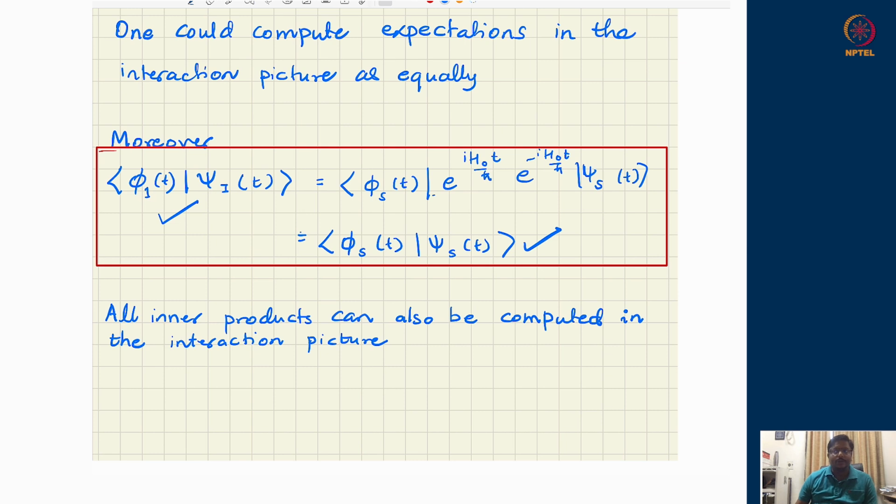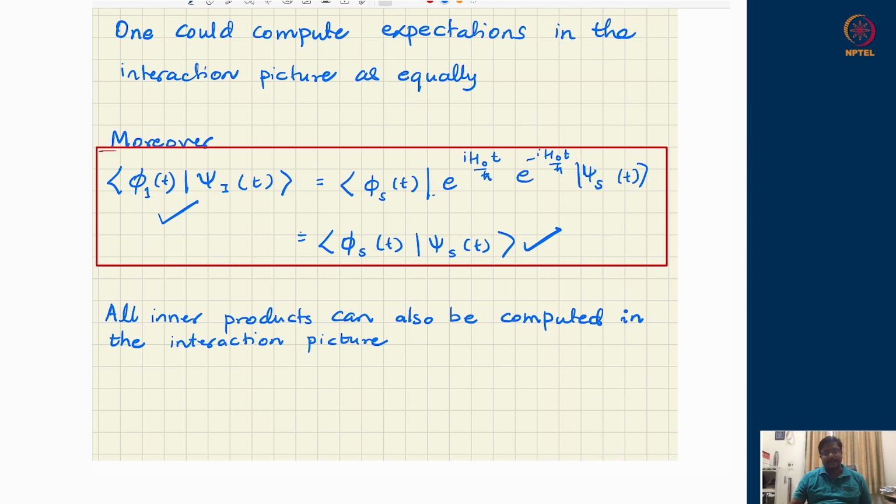So I am not going to lose any information by going to the interaction picture, where we will see in later classes that many of the computations become much more convenient and small. So it is better to work in the interaction picture rather than a lengthy Schrodinger picture, because ultimately all the information in both pictures is the same. I can work in either of these, and I will choose to work in the interaction picture in later discussions in this course, and there, when you see it, do not worry about why we are working in the interaction picture, because all the information in the interaction picture gets exactly mapped to the information we are looking at in the Schrodinger picture.